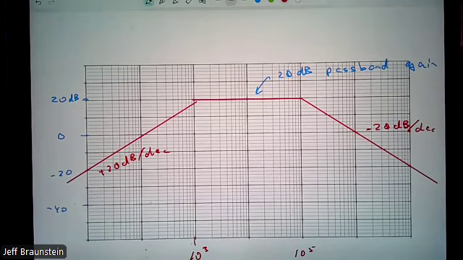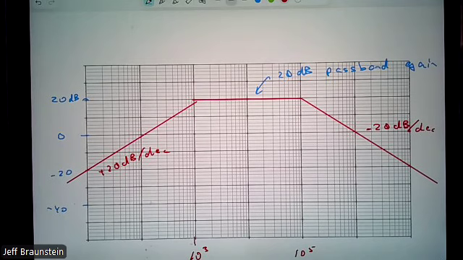And where's that pole going to be? It's going to be at 10 to the 3. High pass filter, here's our pole. Our pole is our cutoff frequency. I got confused because you're also mentioning 10 to the fifth. Well, overall, we're building a band pass filter. How do I get this part? Low pass filter. So I need a high pass filter and a low pass filter. I also need something that's giving me the pass band gain, but we've already solved that. We already know what that is.